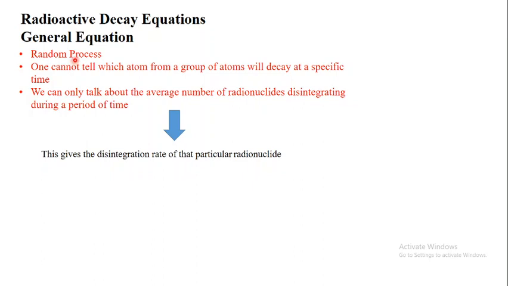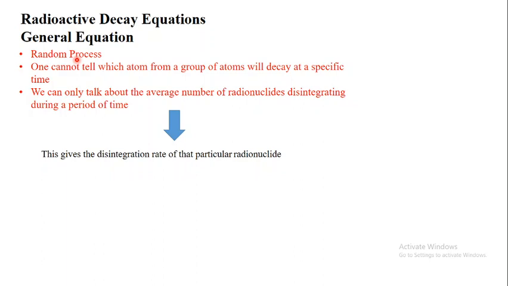What is meant by random process? Random process means no one can judge that this nuclide will be converted into the daughter nuclei, will be disintegrated, and this one will not. This is totally a random process. Any of the radionuclides at any time can be disintegrated. However,